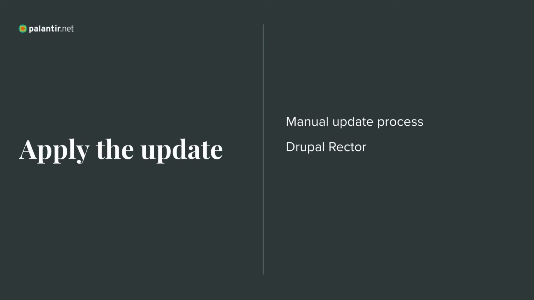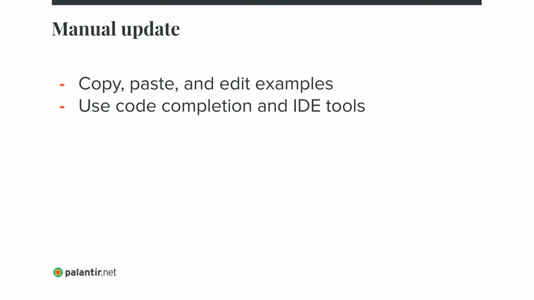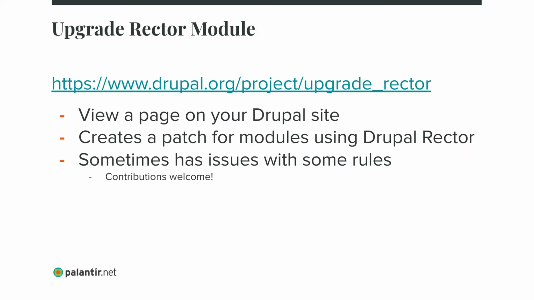Okay, so now that we roughly know how we're supposed to replace this, we need to make the update. You could do that in a manual process by looking at the examples, copying and pasting them, making the changes where needed. You can use code completion, which is super helpful in IDE tools to understand the new methods and things that you need to be doing the replacements with. Or you can try to use